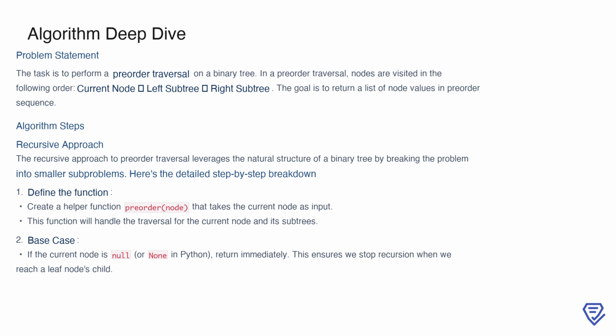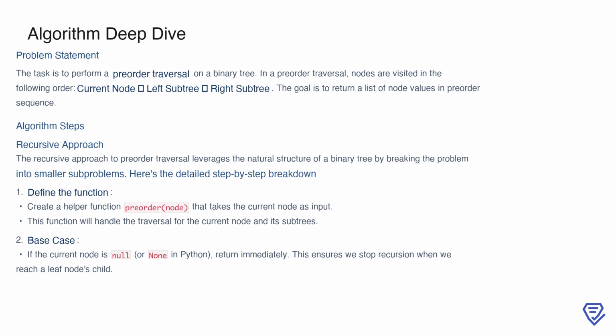First, we define a helper function called preorder node that will handle the traversal for each node. This function is designed to work recursively, breaking the problem into smaller parts. The recursion is controlled by a base case, which ensures that if the current node is null, the function stops immediately. This prevents unnecessary processing and ensures we don't attempt to traverse beyond the tree's boundaries when we reach a